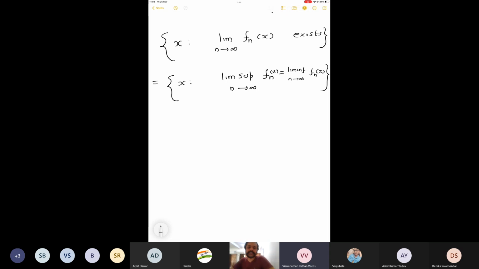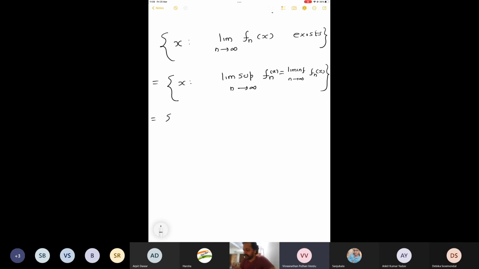If the Fn's are measurable, then the lim sup Fn function is measurable. Call it G. So G is a measurable function. Similarly, lim inf Fn, call it H, is also measurable. So you have G of x is measurable, H of x is measurable, and the set under consideration is the collection of all x such that G of x is equal to H of x, or G minus H of x